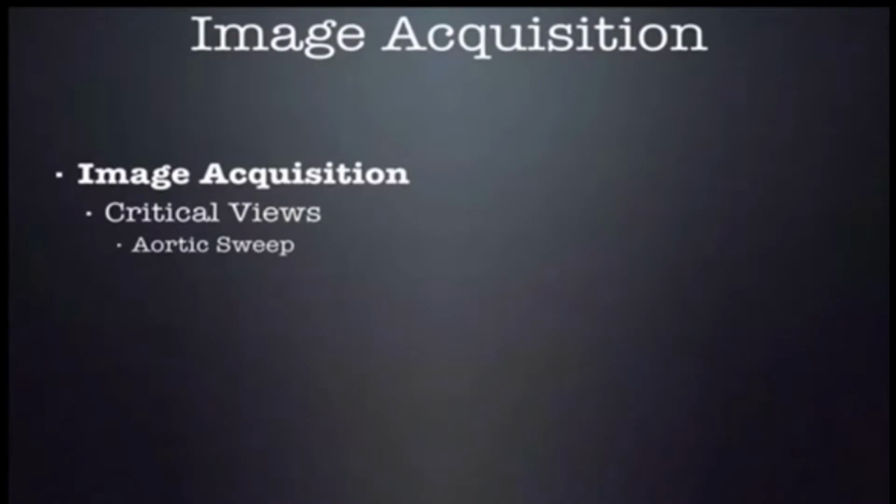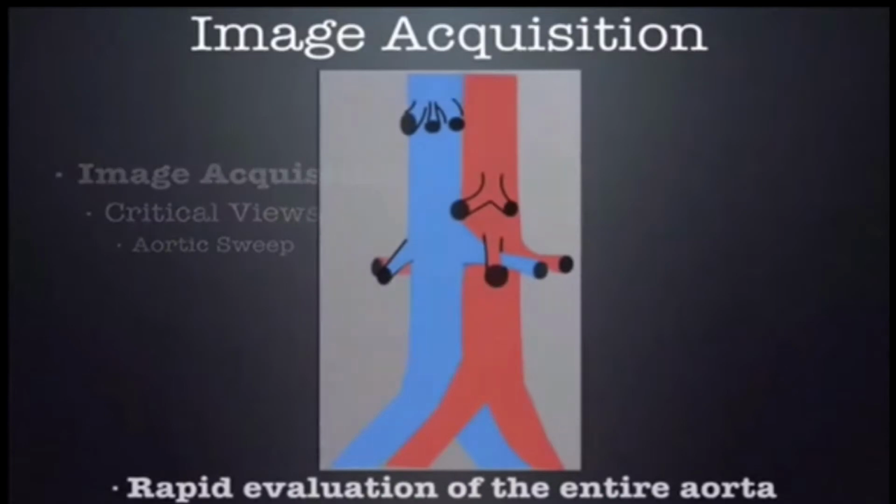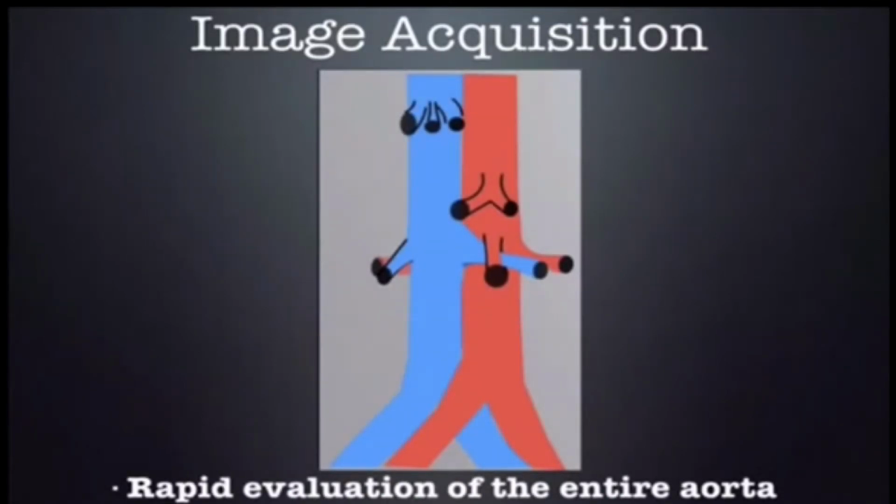Now, once you identify the aorta, the first thing you're going to do is the aortic sweep. And what I mean by that is a full sweep from the proximal aorta down through the bifurcation, just looking for any abnormal dilation. The reason for this is that the proximal aorta is deeper. Therefore, the proximal aorta is usually the most difficult segment of the aorta to identify. If you're spending 5 minutes trying to identify that segment of the aorta, and there's a AAA just above the bifurcation, which happens to be the easiest segment of the aorta to identify, and also the most common location for